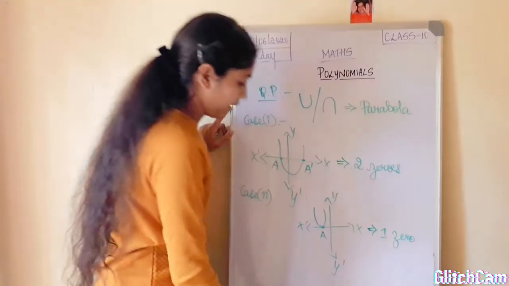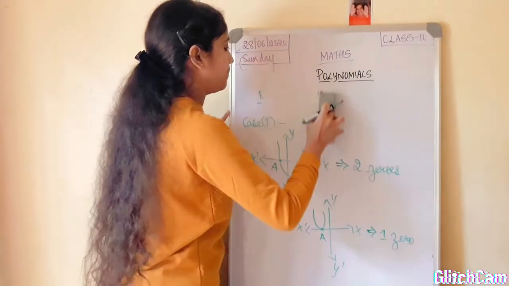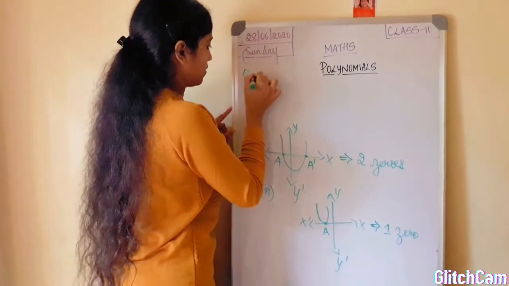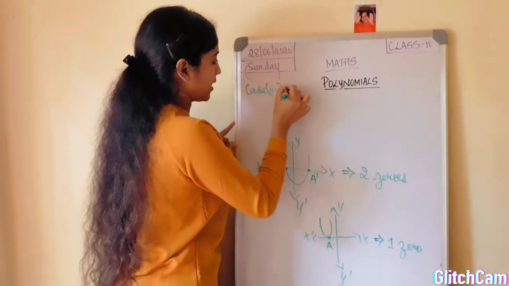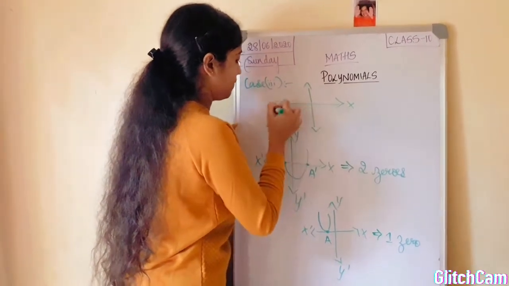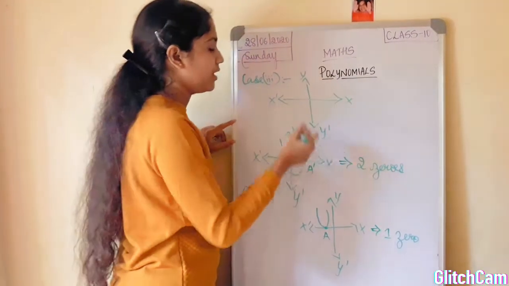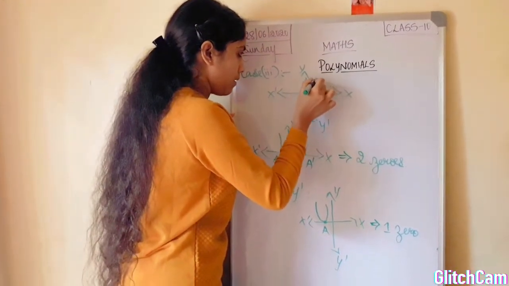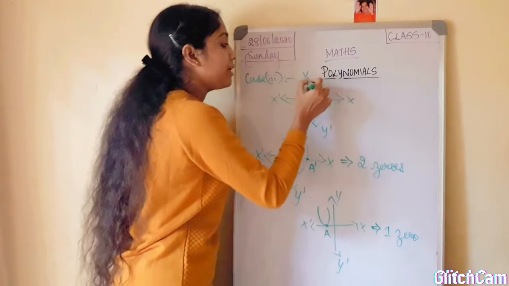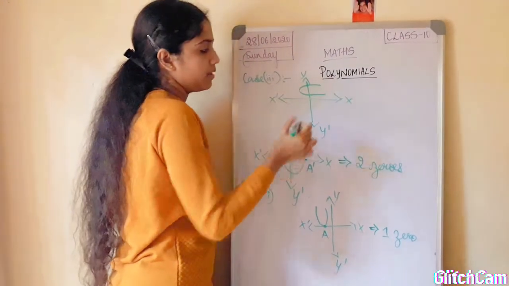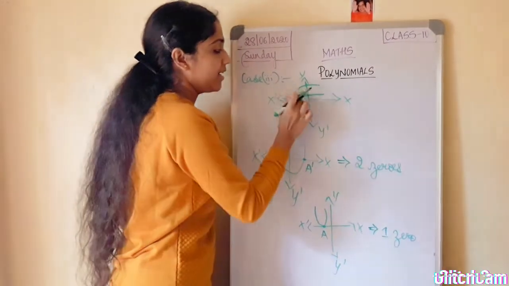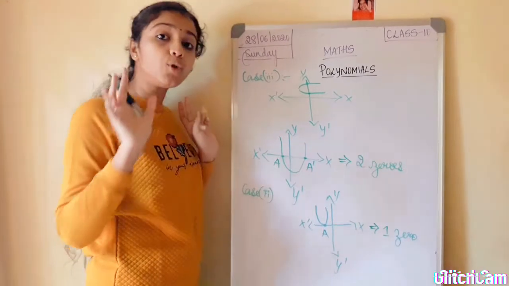Okay. Now coming to case 3, draw the Cartesian plane. So here, this is how the parabola has formed. So how many zeros do you think you have in this polynomial? 2? No. Why? Here it has 0. There are no zeros at all.